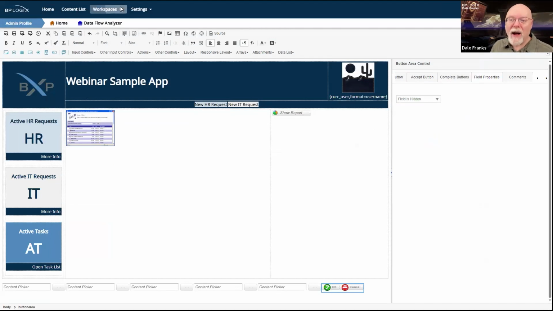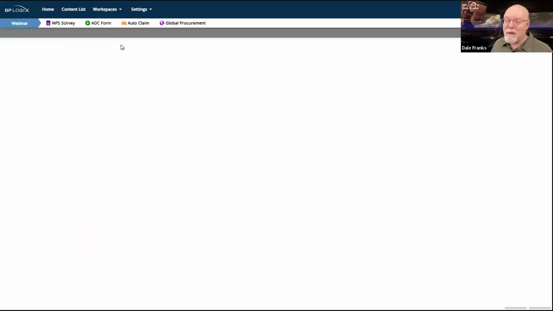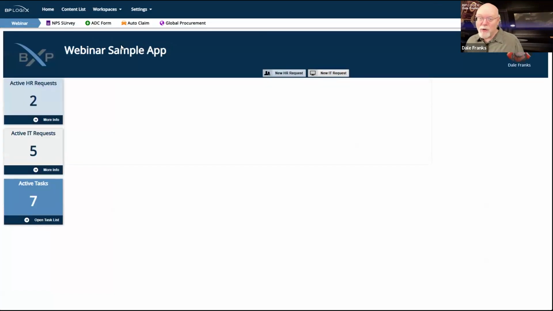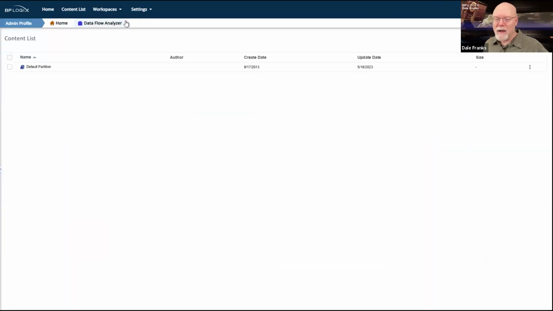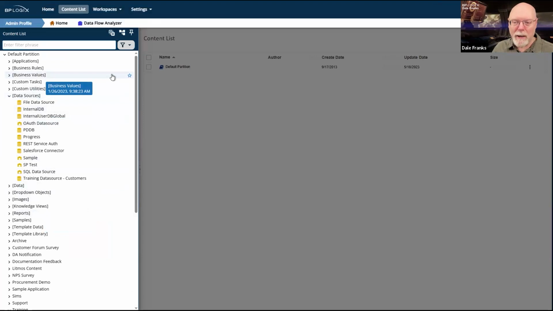And if I go to Workspaces and go to webinar, it's going to create a new form instance. The only thing is I can't submit it. And once I close this page, that new form instance simply goes away unsubmitted, and it just dies a natural death because I haven't submitted it.